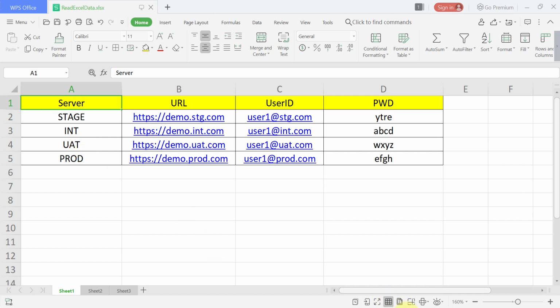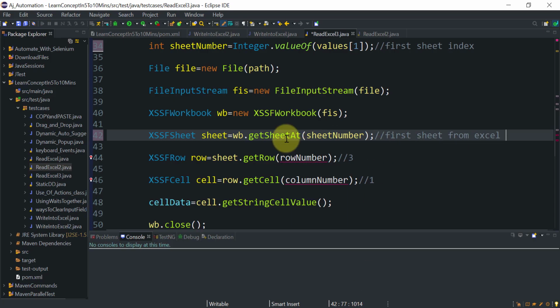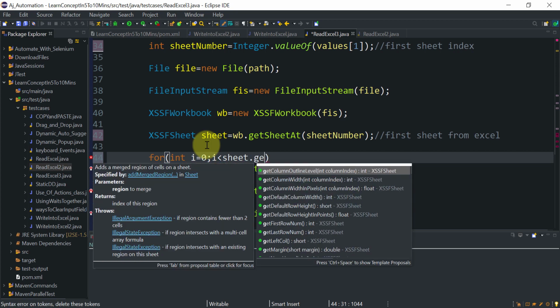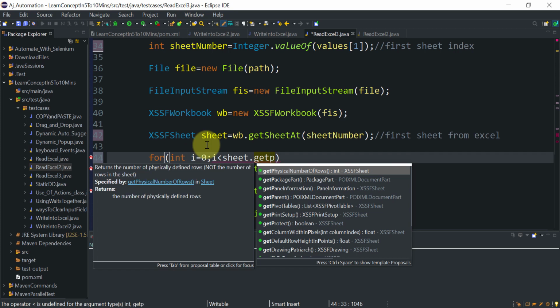If you want to scan each row from the Excel, you need to use a for loop for that purpose. So int i equal to 0. We will start from row number 0. Then i should be less than sheet.getPhysicalNumberOfRows.